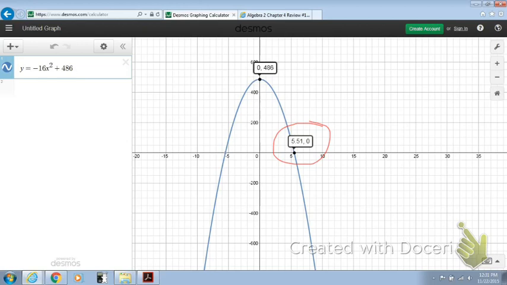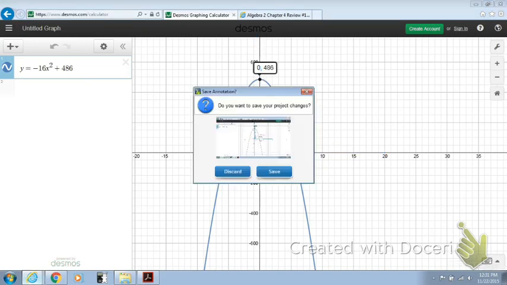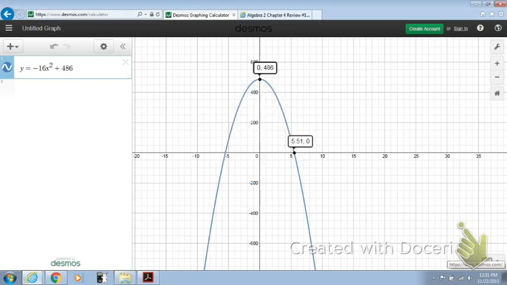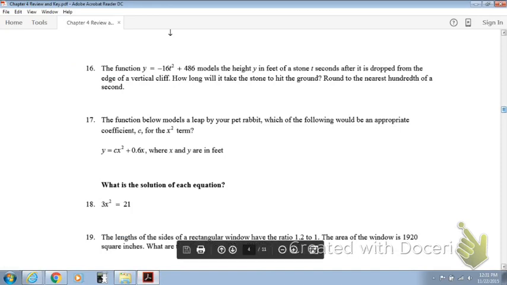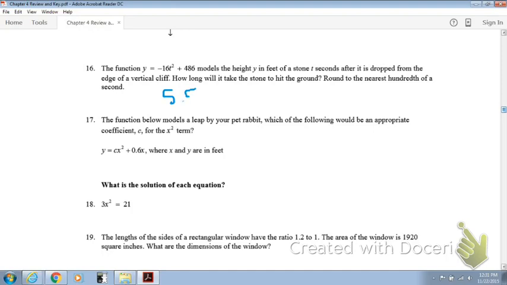So that's all I do. I graph it and I see where it hits the x-axis, and that's the point at which it hits the ground and stops. So that's like the side of my cliff, and this is the ground. So the answer was 5.51